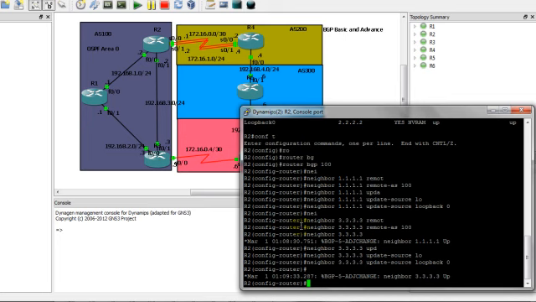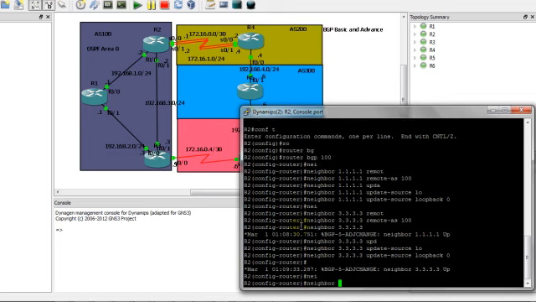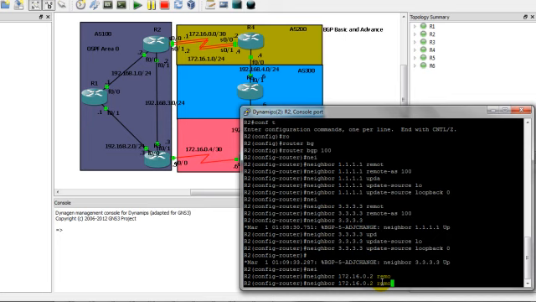So now go to the neighbor. I want to make a neighboring with the next hop of serial 0/0, which is 172.16.0.2. So this is the neighbor with remote autonomous system